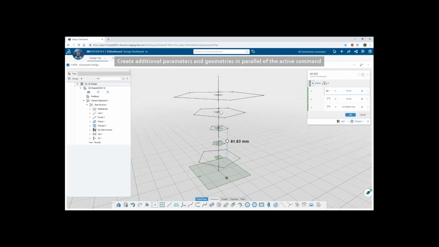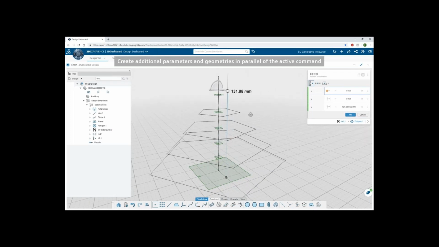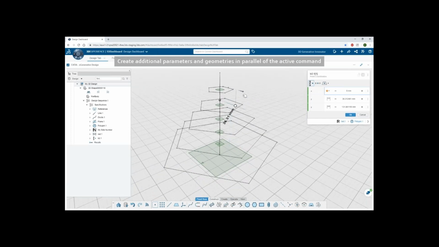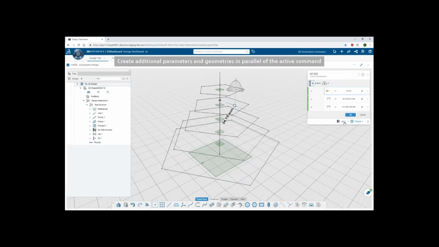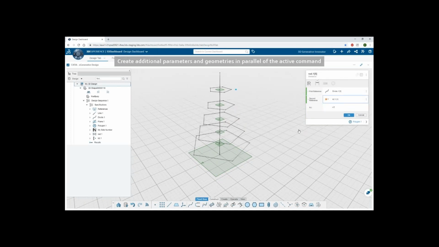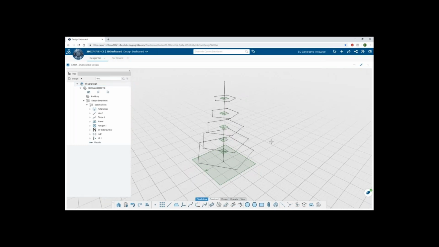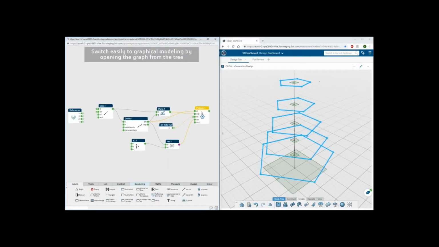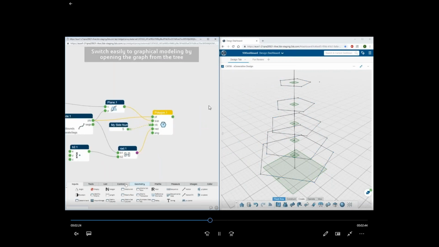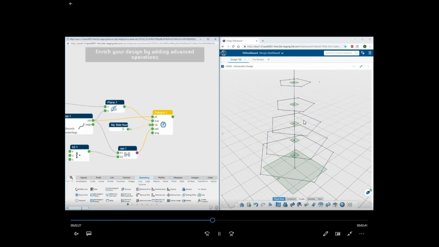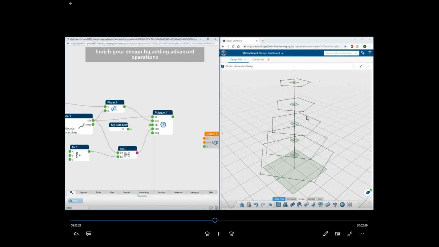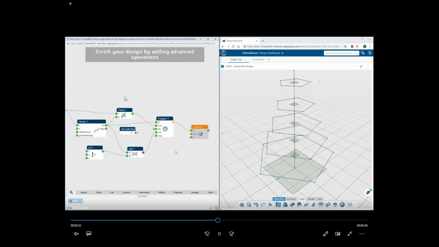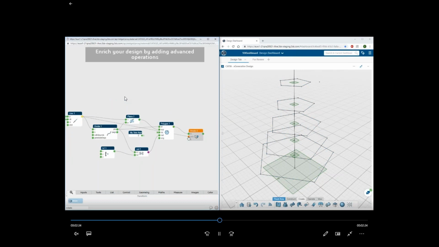In the complete algorithmic approach, if you see, by changing one point, the design complexity is increasing, but you are very comfortably modifying the design. That is the beauty of this X generative design. You can even switch easily from graphical modeling to graphical modeling, where the same parameters you have given on the right side are shown in a completely graphical approach on the left side.